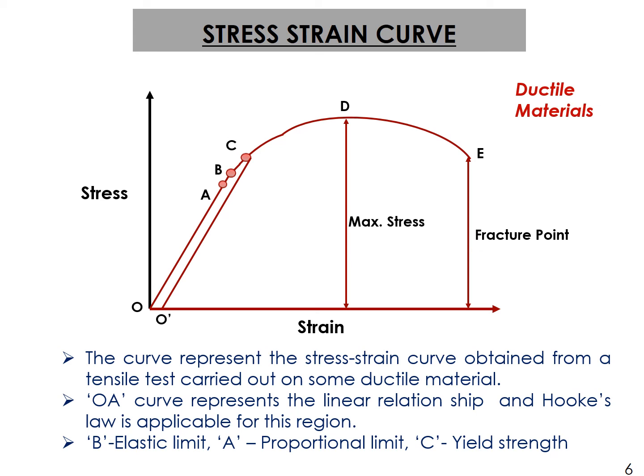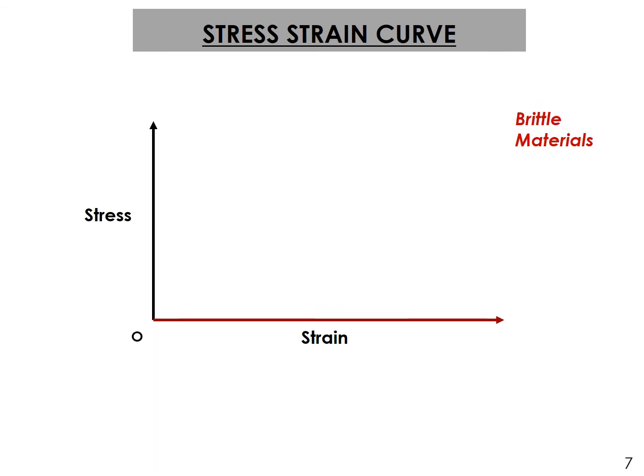From point C to point D, strain hardening takes place. Because of strain hardening, the material becomes stronger and requires more load for deformation. Point D is that limit. The maximum load absorbed by the material is at point D, and there you get the ultimate tensile strength. Beyond point D, since the cross-sectional area of the material drops off, the curve goes down and reaches point E, where the material permanently fails. It is called the failure point. So this is the basic stress strain diagram for ductile materials. Now, further, let's discuss the same for brittle materials.